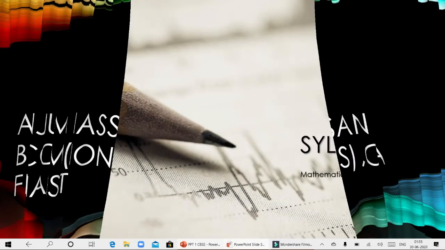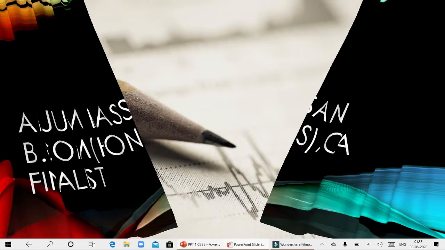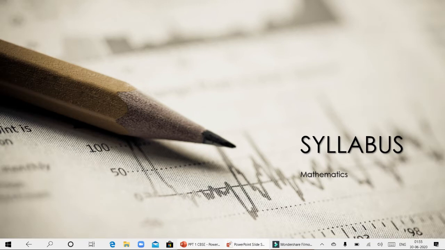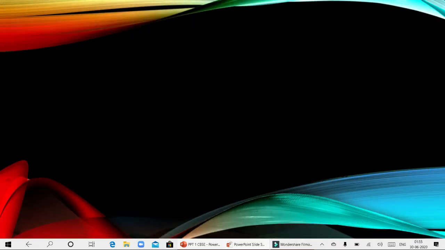So let's first have an overview of the syllabus. What the syllabus says. We need to trick our brain that, okay, fine, what a big deal. I just have to read these topics. I just have to complete this syllabus. So for that, let's just start with the first step, that is checking out the syllabus, just having an overview